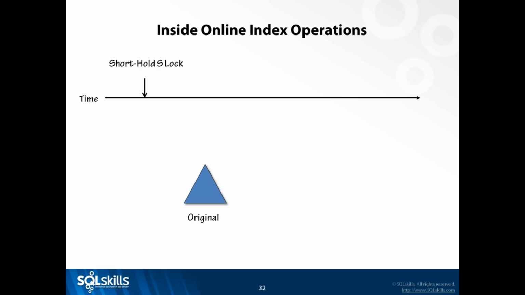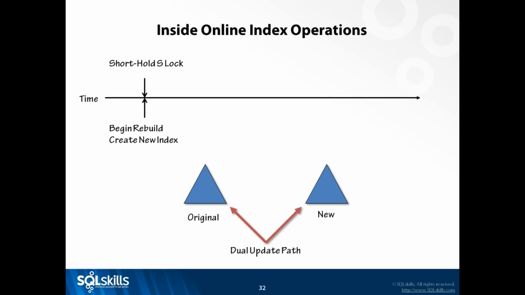So we want to do an index rebuild. First thing that has to happen is a share table lock has to be held. And that's going to be blocked behind anything that's doing an update on the index, and that's going to block other things wanting to do an update on the index. When that S lock is held, it creates an empty index to be rebuilt into. It recompiles query plans that touch that index so that any updates to the index also update the new index.